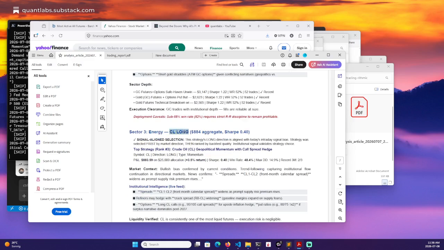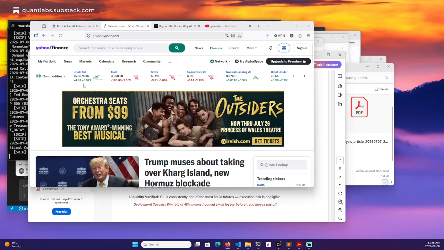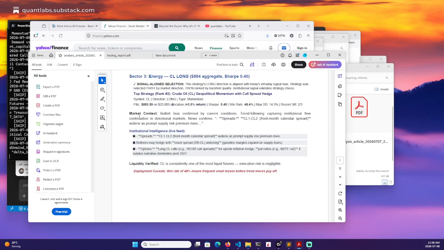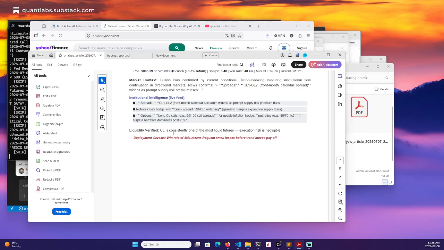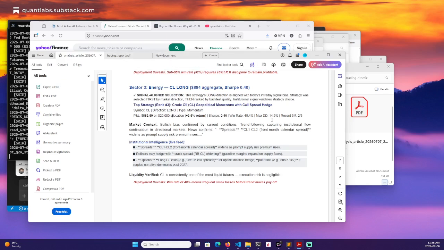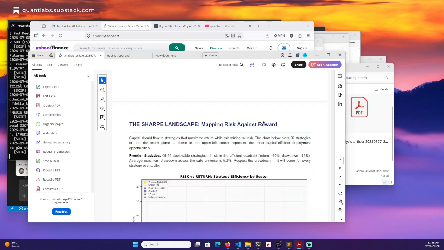Now, here's the interesting one: the CL long, which is oil. As I showed earlier, this oil has gone up 7%. This is just by sheer luck on the timing. If you did take that call, you'd be doing very well right now. You'd be up 7%. All of the logic, all of the news drivers, were not caught before this thing happened with the U.S. going after the Mid East. We're generating a new report. Hopefully I can see it as well.